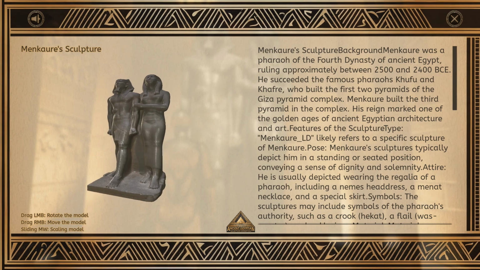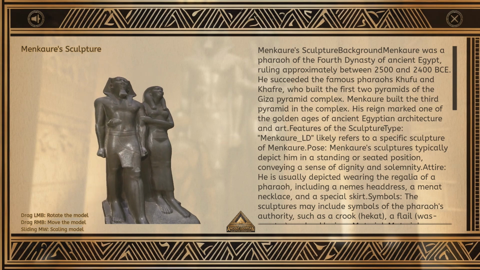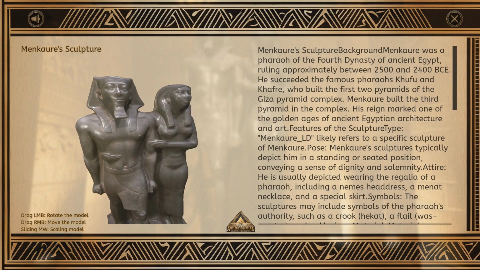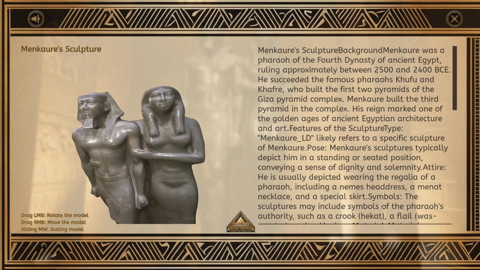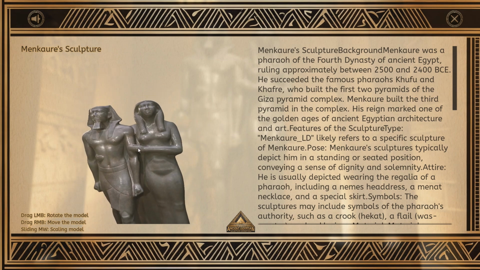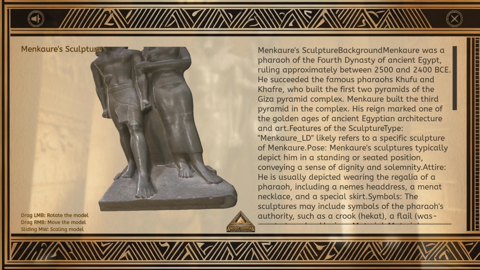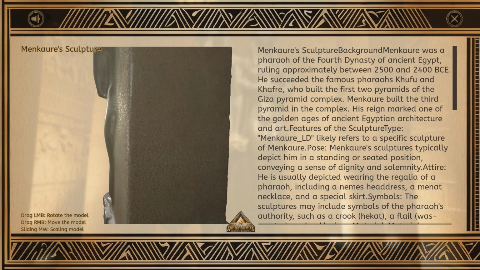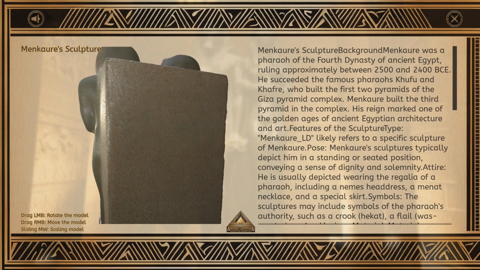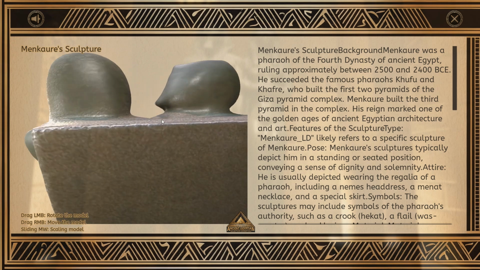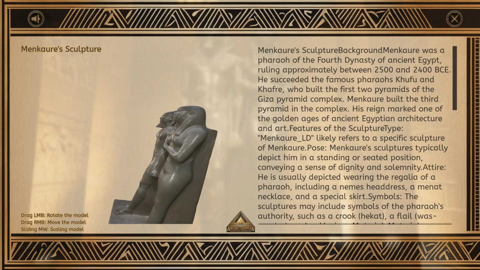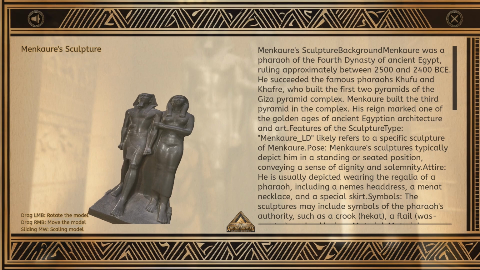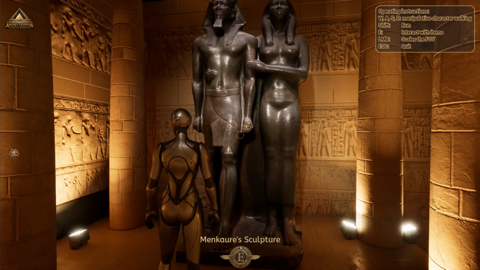This is another statue depicting Pharaoh Menkaure. The stone material used for this statue seems to be different, as the surface color and luster are quite distinct from the previous sculpture. He succeeded the famous pharaohs Khufu and Khafra, who built the first two pyramids of the Giza pyramid complex. Menkaure built the third pyramid in the complex. His reign marked one of the